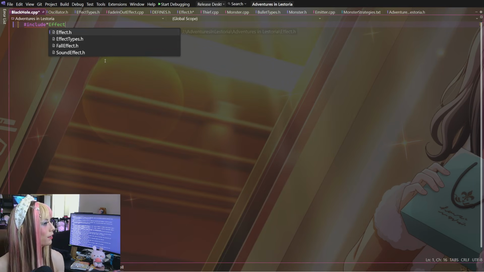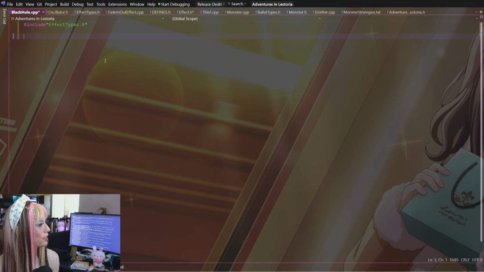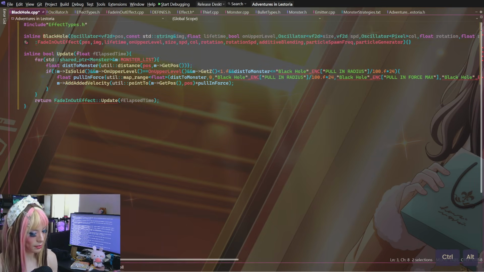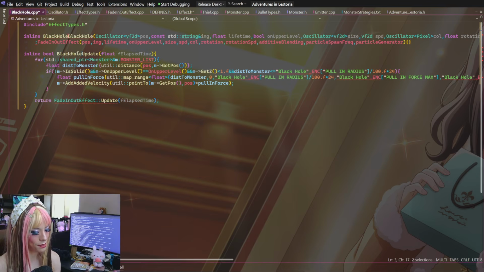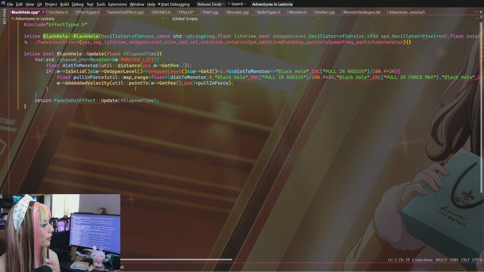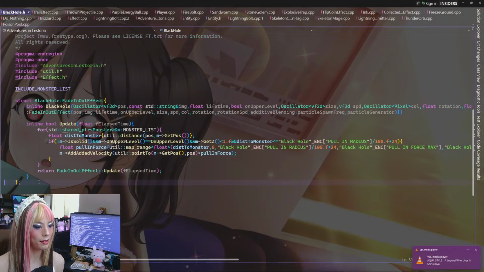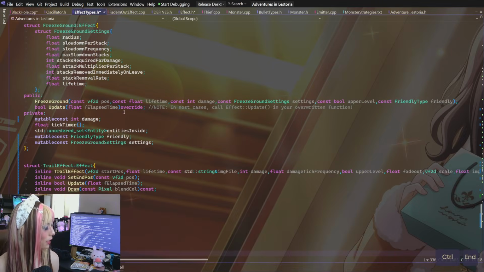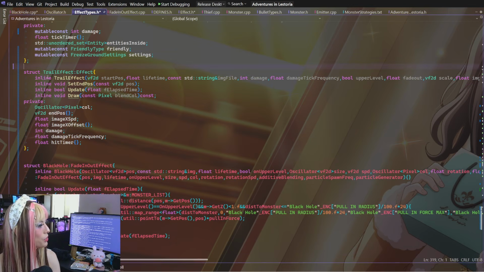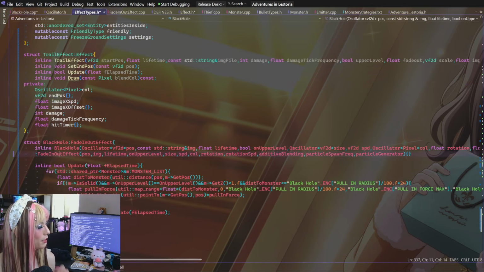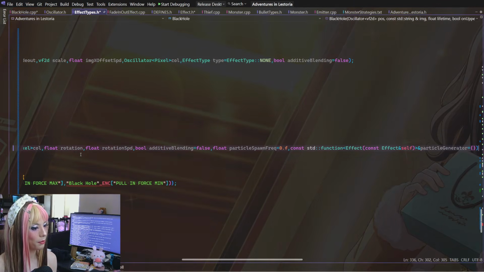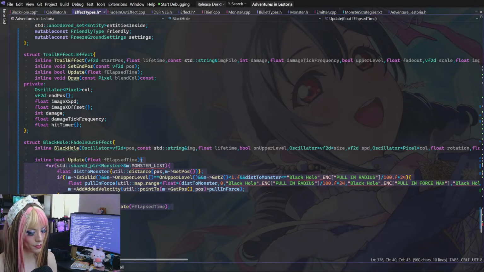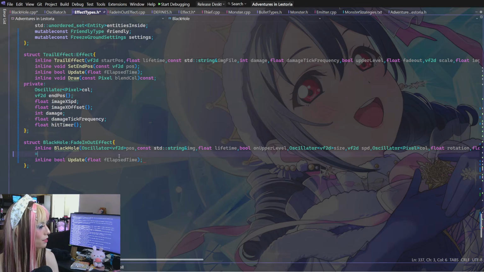So this is gonna go under effect types.h. So we're just moving them into there, and these are gonna be the black hole functions declared here. And then in here, we're going to move this out. And then we can get rid of blackhole.h. We should be good. The only thing we have to do is get rid of the default arguments that are specified inside the constructor.